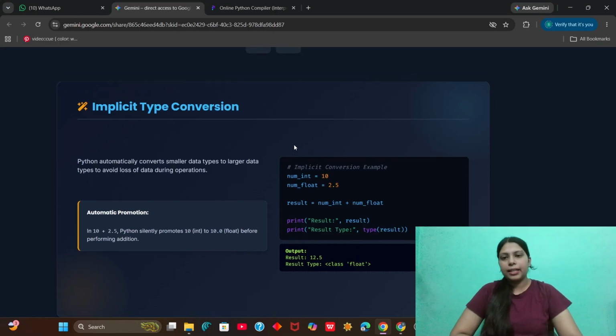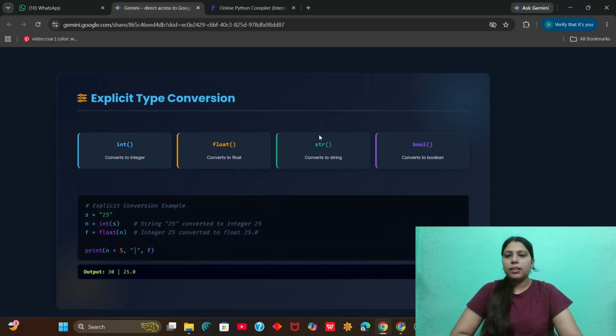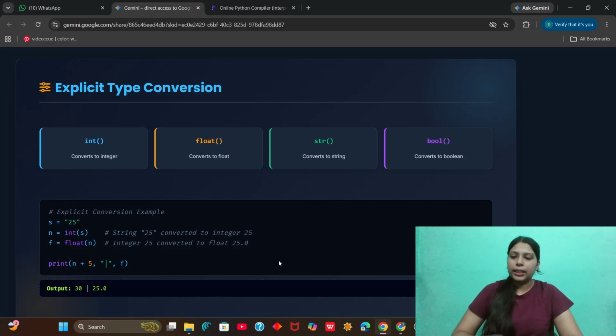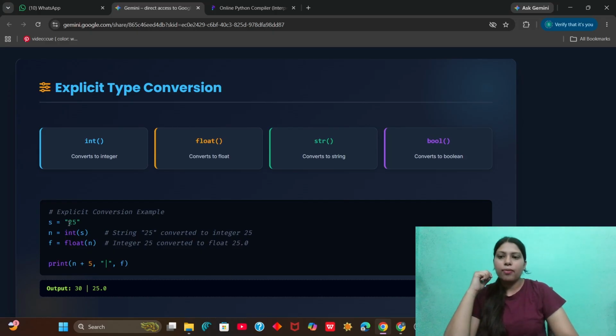So this is implicit data type conversion, and then there is explicit conversion, where we use a function to change a variable. We can use the int function to convert to integer. Then we have the float function that converts to a float. Then we have str that converts to a string. And this is the bool function where we convert to boolean data type. For example, here s is "25", and by the double quotes we know that 25 here is not an integer, it is a string. Here we use int, so the string 25 is converted into an integer 25, and if we use float, then this integer 25 is converted to float